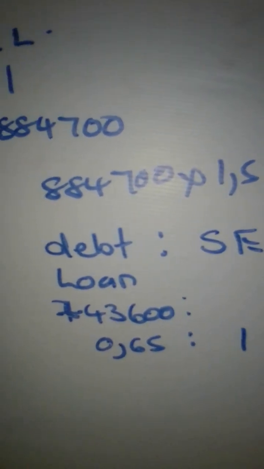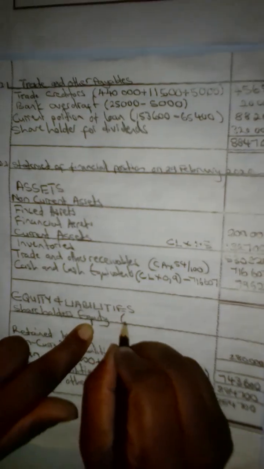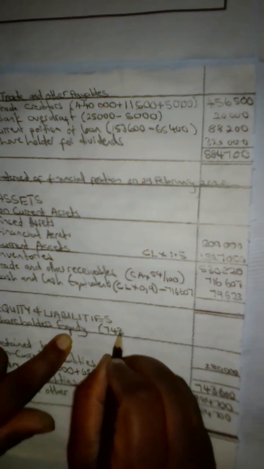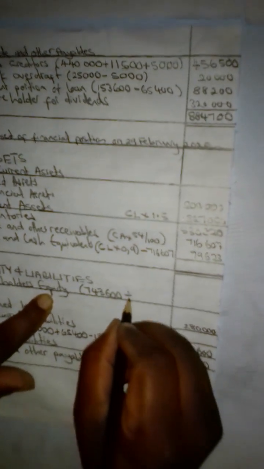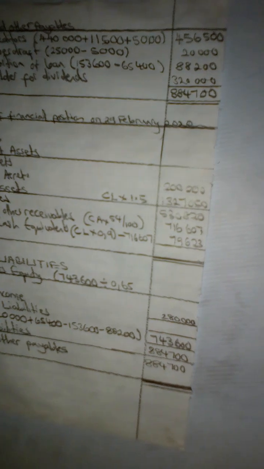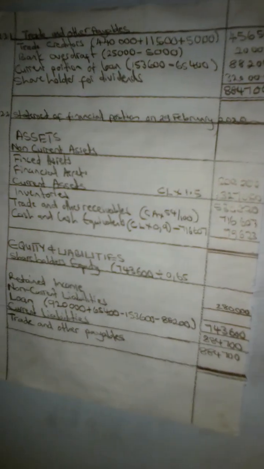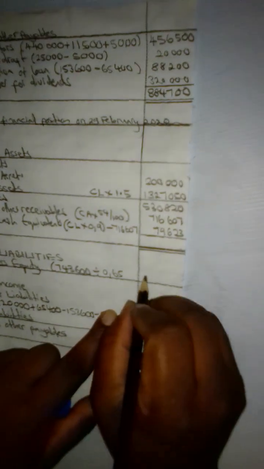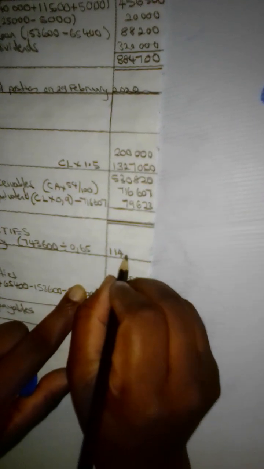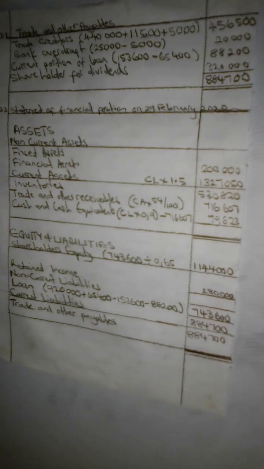So in order for us to get the 1, it's very simple. We are simply going to take, I'm going to show it on the answer book, the 743,600. We simply divide it by 0.65. Let's do that, and then you find out that we are going to get something like 1,144,000. Okay, so now that we have got the shareholders equity, it's easy for us to be able to find